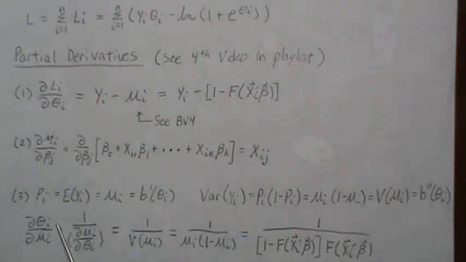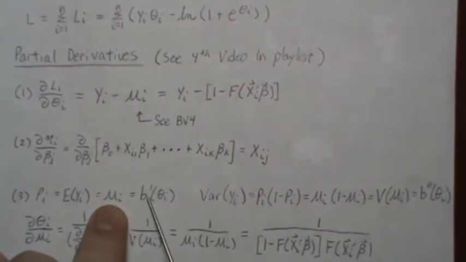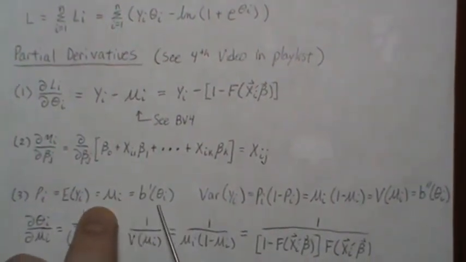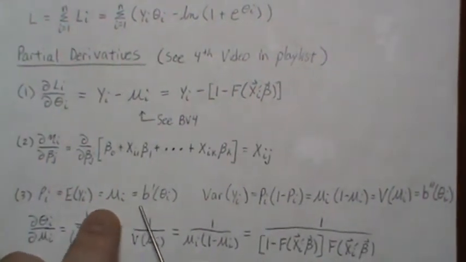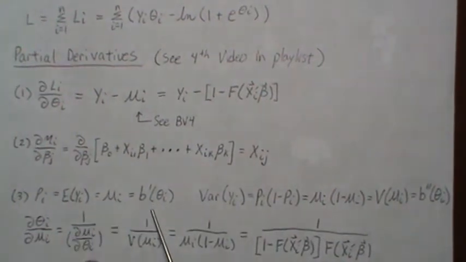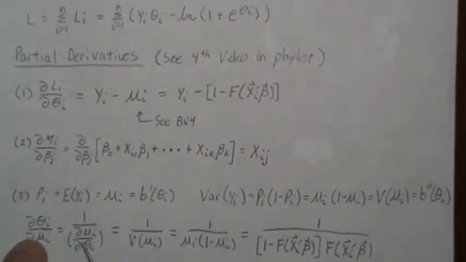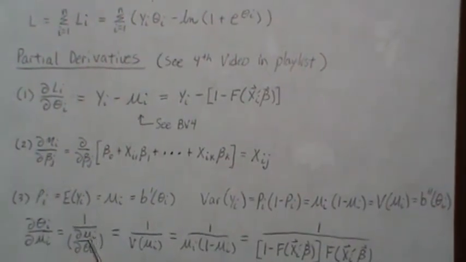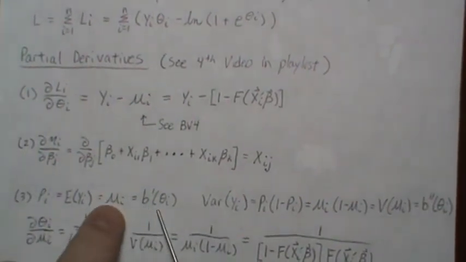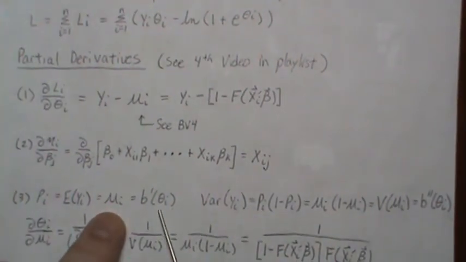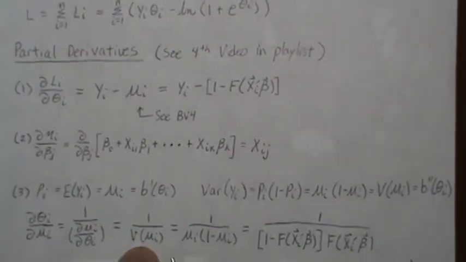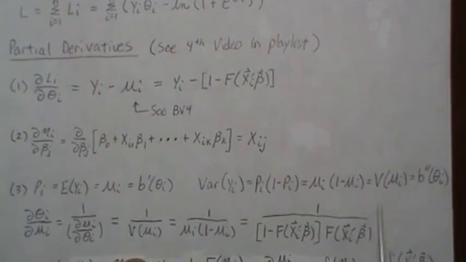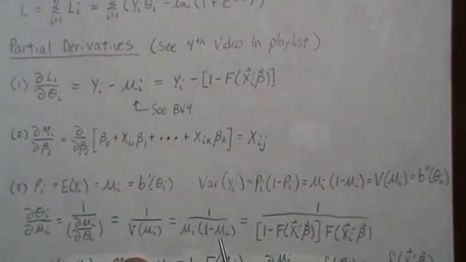So now to take the derivative of theta with respect to mu I. But theta is not solved by itself. So if we take the inverse of that, then theta is by itself, and then it makes the derivative much easier. But BV2, since we're doing inverses of each other, you can look at that video and discover that it's really 1 over the reciprocal of this. And then the partial of mu I with respect to theta I is easier. You just take the derivative of this again, which is the second derivative, which is the variance function, which is what this is. So the variance function was mu I, 1 minus mu I,